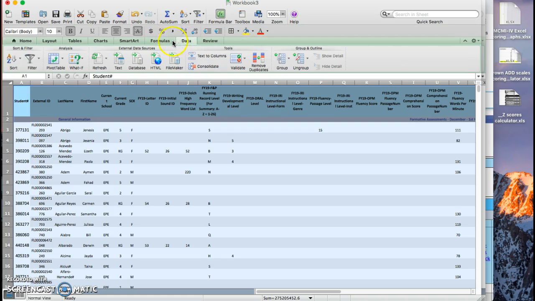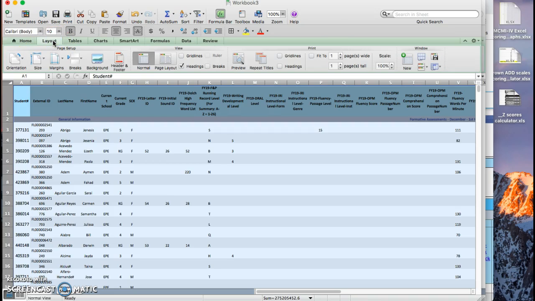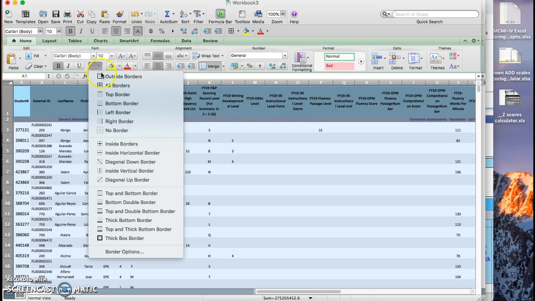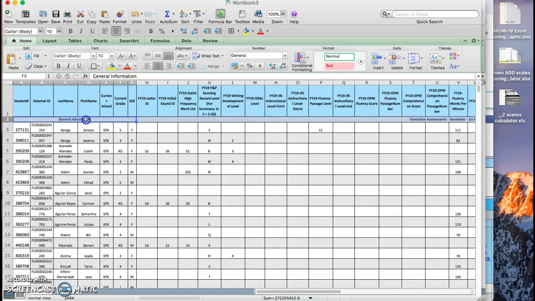So you can go into Home, and then you select that box where it says All Borders, and then you'll be able to have grid lines around. Now this row, row 2, we actually need to get rid of that